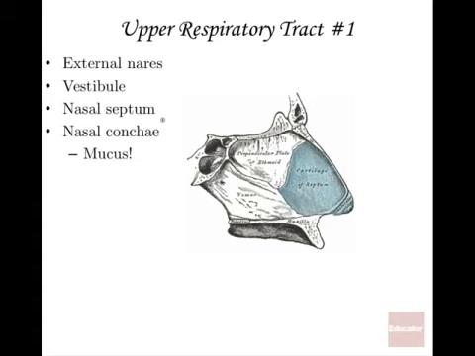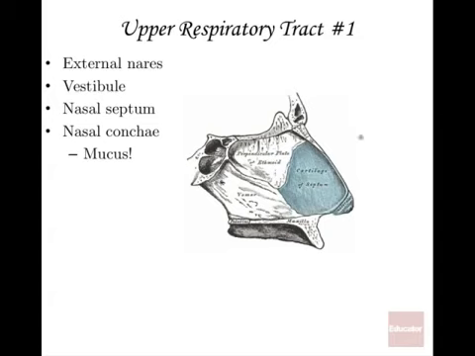And in this case, the nasal septum is separating the two sides of your nasal cavity, where your nostrils are, and the nasal conchae. The nasal septum is partially cartilaginous, so right here in blue, this is soft bone. This is cartilage of your nasal septum. And then a little bit further back, a little posterior and slightly superior, you can see that this is bony. It's the perpendicular plate of the ethmoid bone. That's a good portion of your bony nasal septum, straight back here. And then just inferior to that is the vomer bone. And then the palatine bone is another part of it. So a few different bones make up the bony nasal septum.